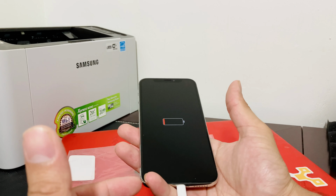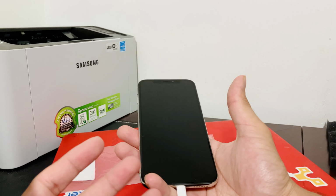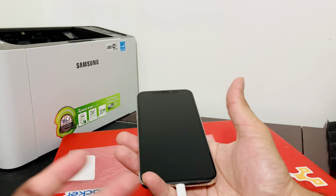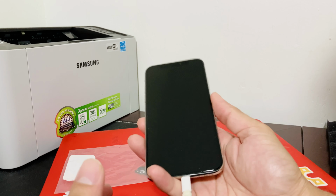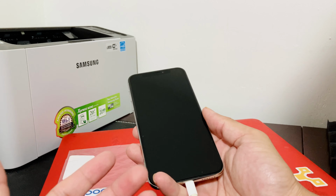I know people complain or get scared, saying, hey, the phone isn't turning on. It's because it just needs a charge. It'll probably turn on in maybe a minute or two once it starts getting powered. So I'm not really worried about that. While it's charging, a couple of tips and tricks I want to share with you guys